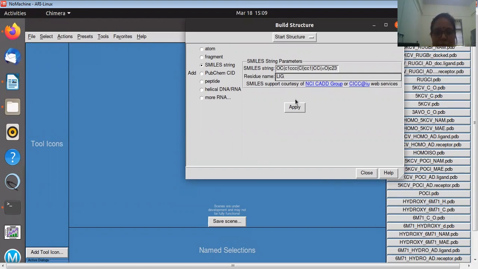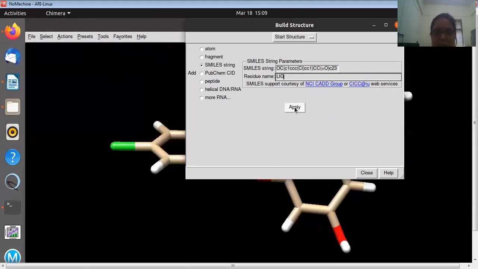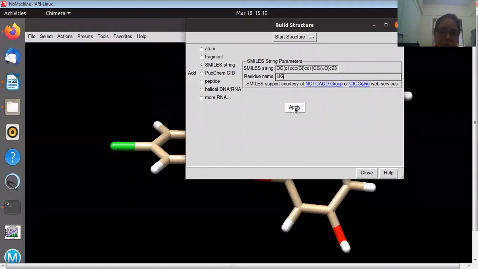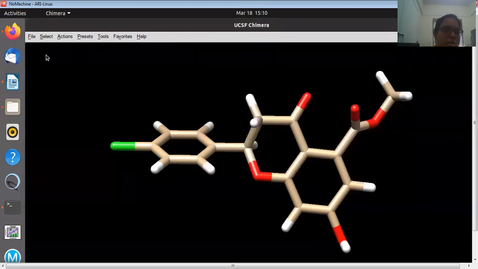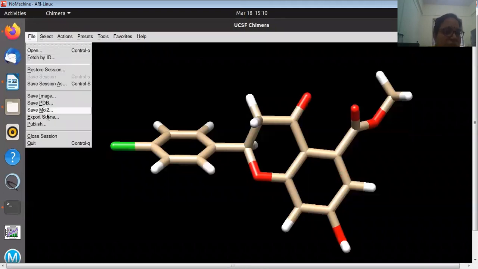If you keep it as UNK, you will face trouble while making the file later. So I am telling you the steps one by one, which are connected, how you can proceed from Chimera to AMBER. Okay, so this is this. Only one time press the button Apply. Close it. Okay, so now File, Save As, Save PDB.